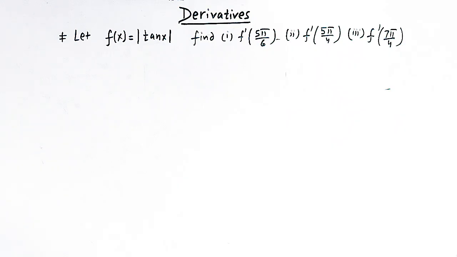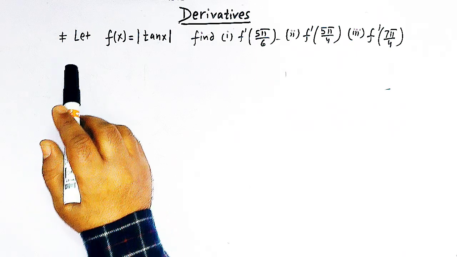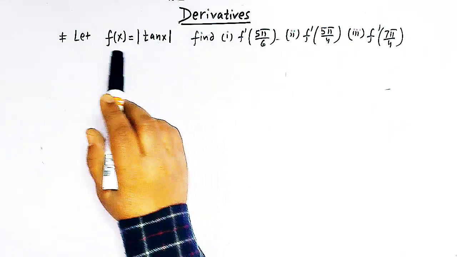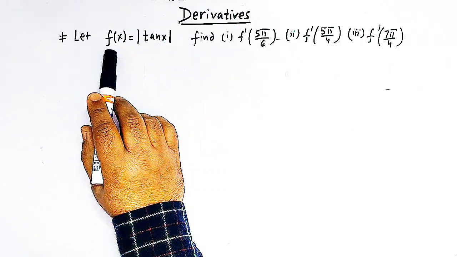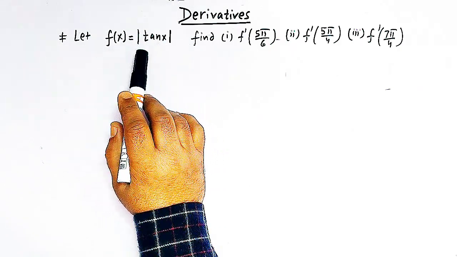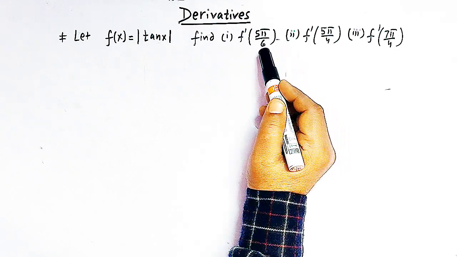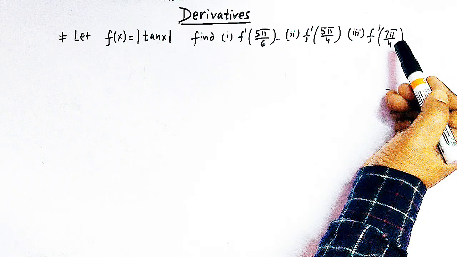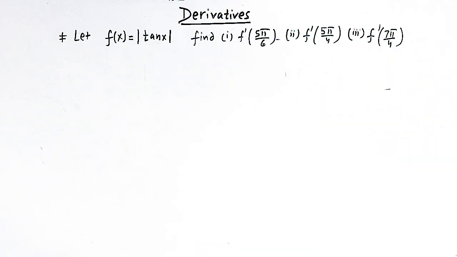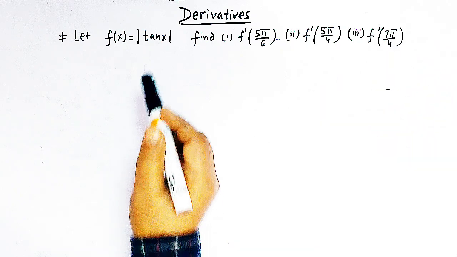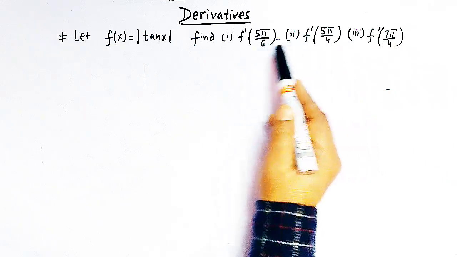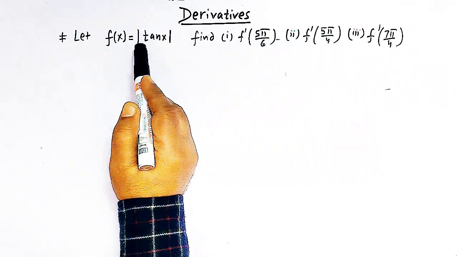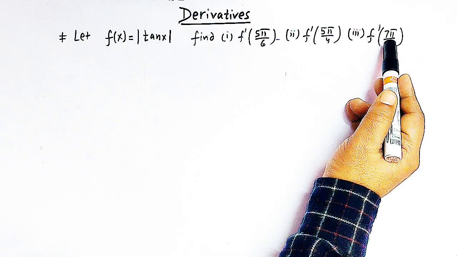Hello viewers, in today's session we are going to discuss an important and conceptual problem from derivatives, and here we have to find out the derivative of this function f of x equal to mod of tan x, at the points 5 pi by 6, 5 pi by 4 and 7 pi by 4. So let us see how we can find out the values of the derivatives of this function at these points